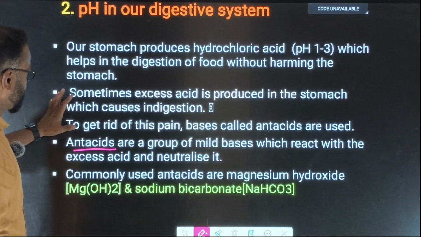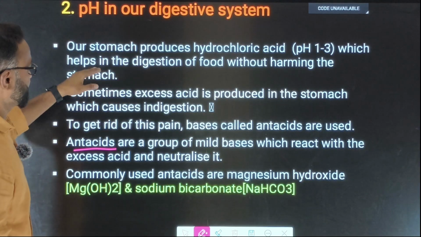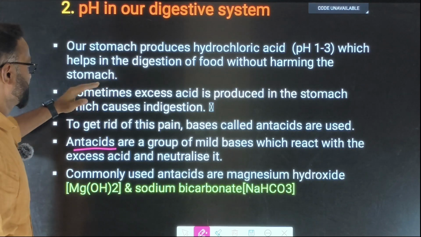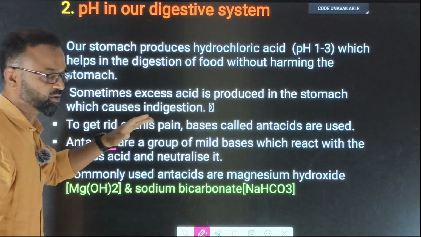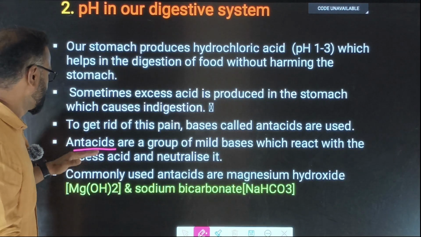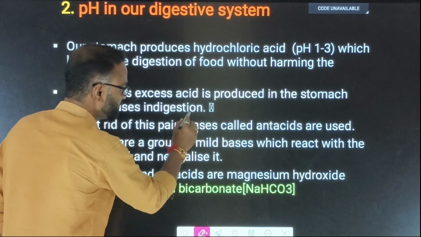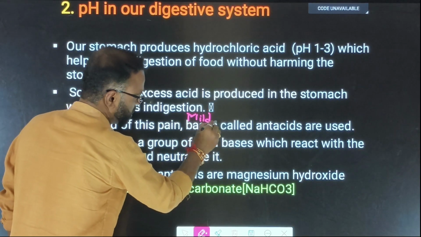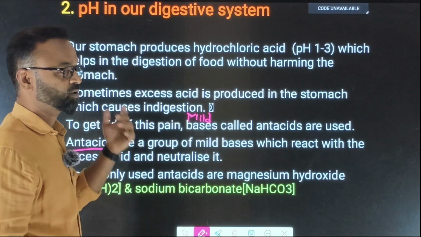Okay. See here, our stomach produces hydrochloric acid, that is pH 1 to 3, which helps in the digestion of the food without harming the stomach. Sometimes excess acid is produced in the stomach, which causes indigestion. Why it is produced, you know very well. To get rid of this pain, they usually use a mild base. They will not use a strong base like sodium hydroxide. Sir, acidity, anyway HCl is strong, I will take the strong